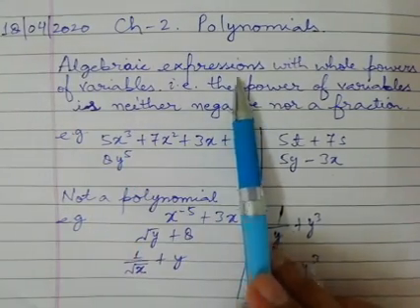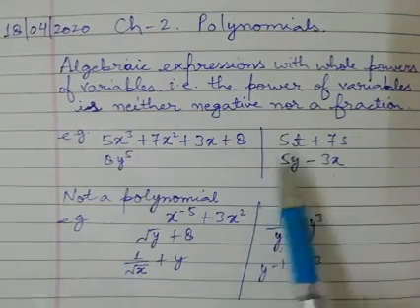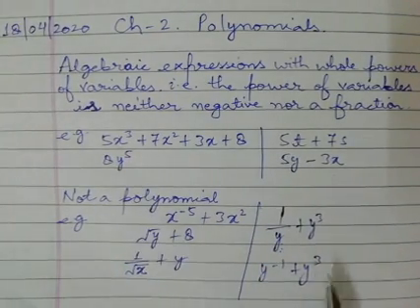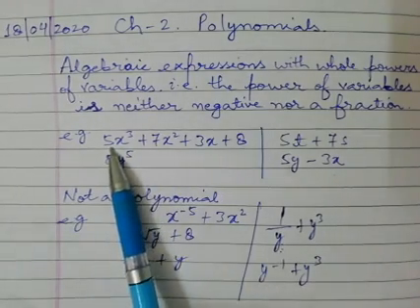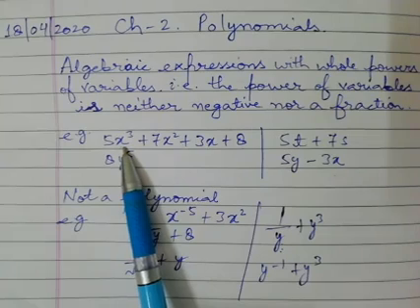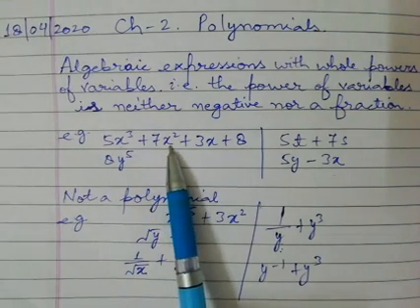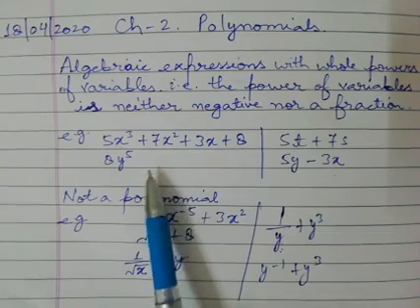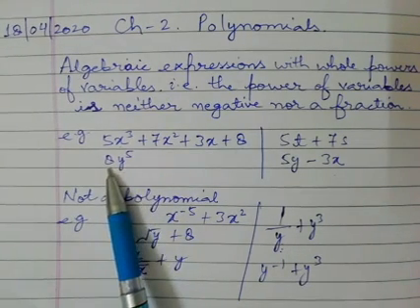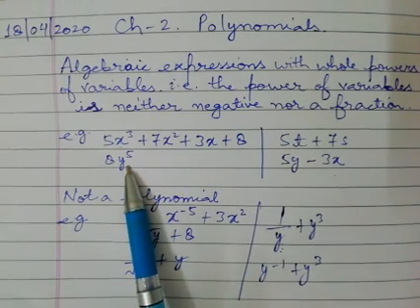Algebraic expressions are formed. This is an example of an algebraic expression. These all are examples of algebraic expressions. It means a form in which there is a constant multiplied by a variable, then a plus or minus sign, then a constant and variable multiplied. So just like here, 8 is a constant, multiplied with y to the power 5, where y is a variable. Such expressions are known as algebraic expressions.